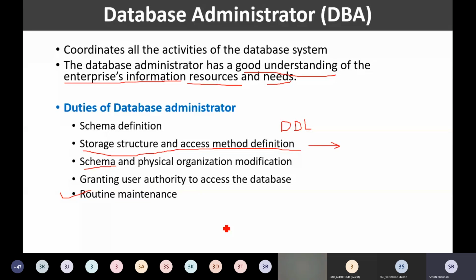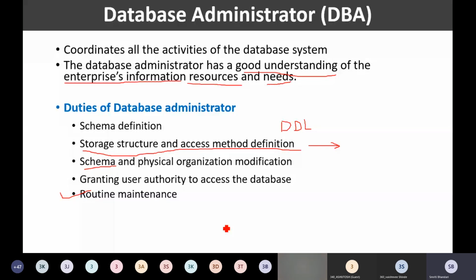Further, the database administrator also needs to continuously monitor the performance of the system. Whether the database management system is performing well, whether all the jobs are being carried out without any degradation of performance, right?